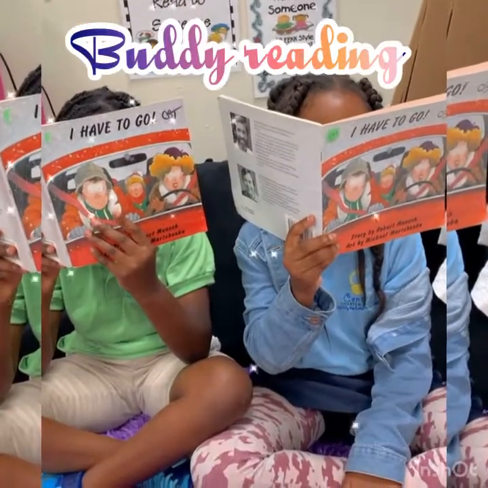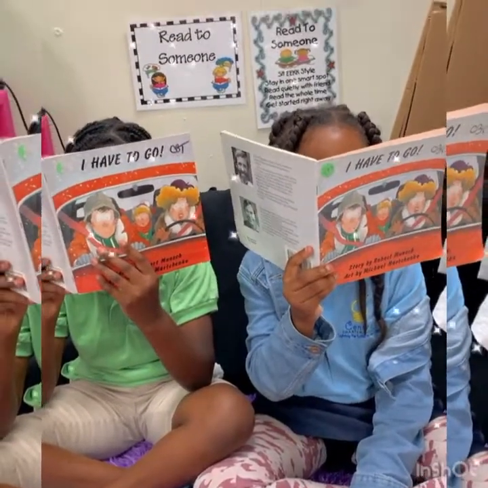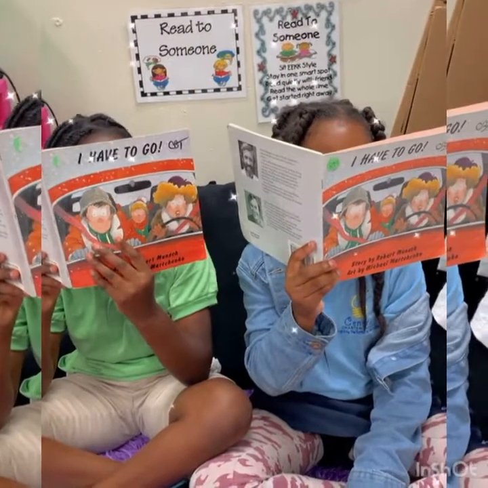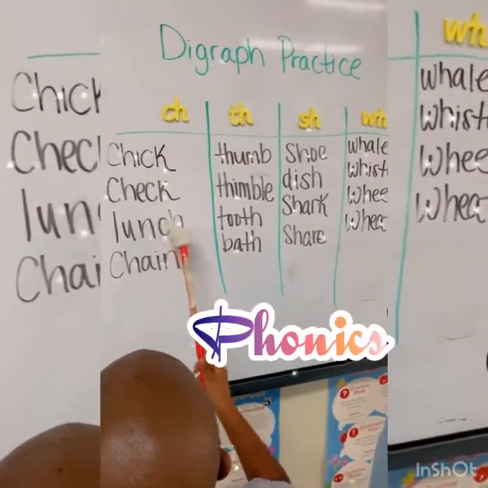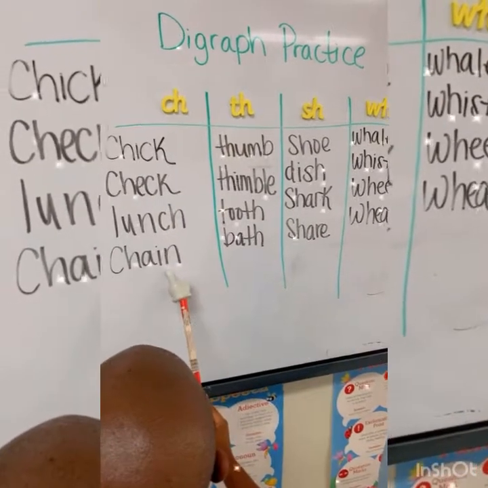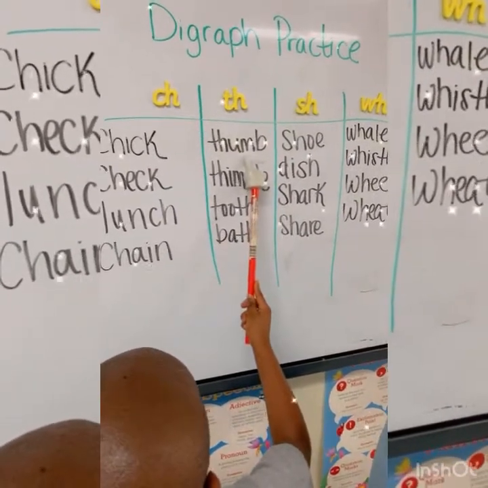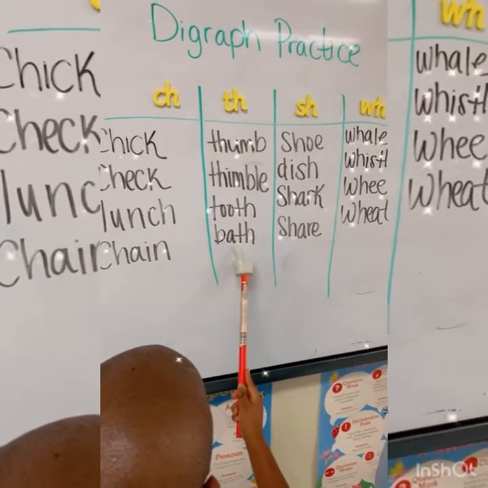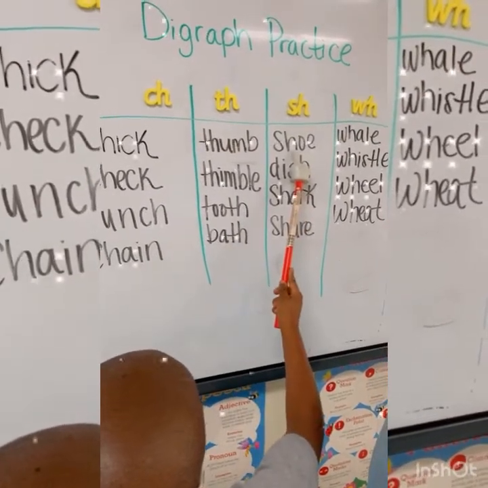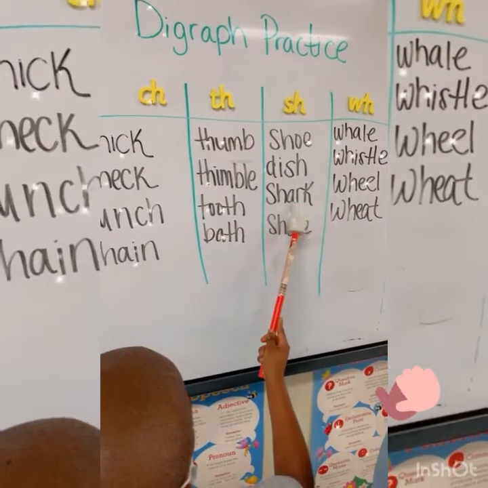Father were talking to him to see his grandma and grandpa before they put him in his check lunch tray, some thimbles, tooth, bath, shoe, dish,